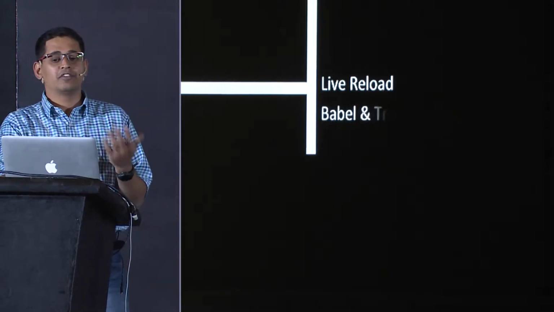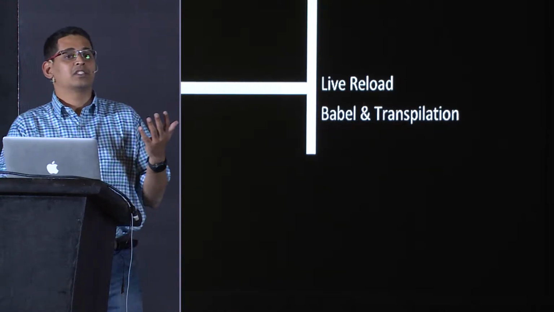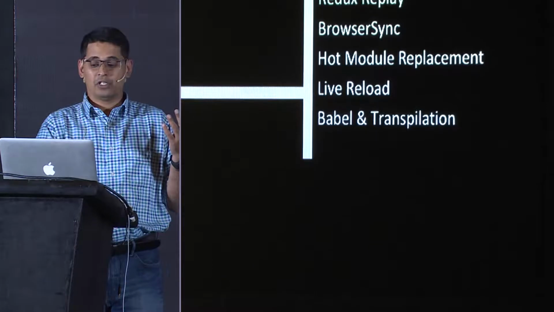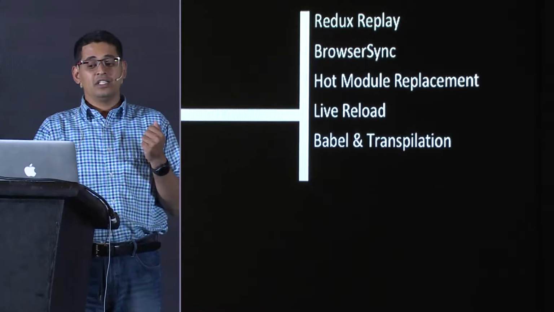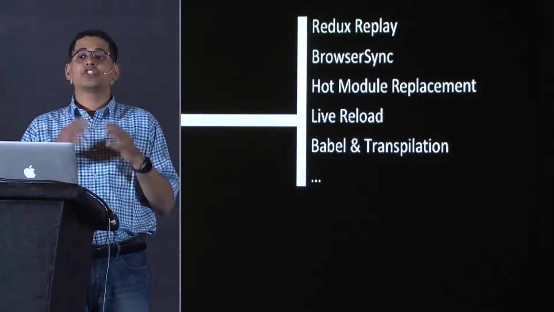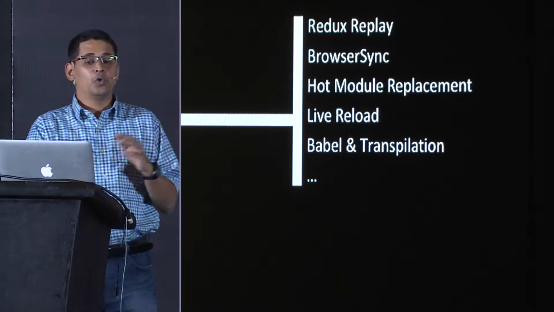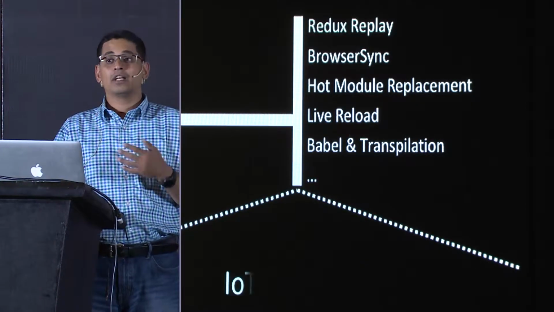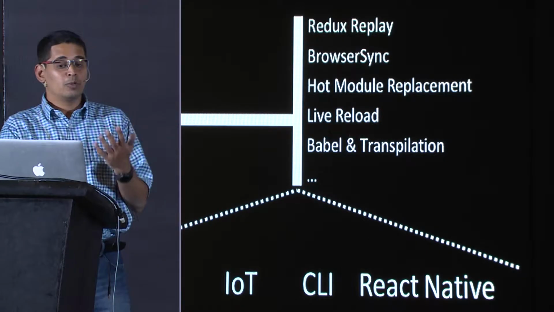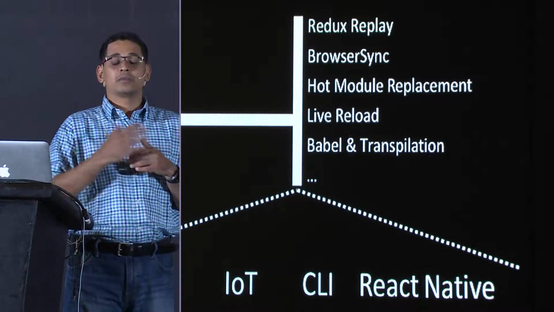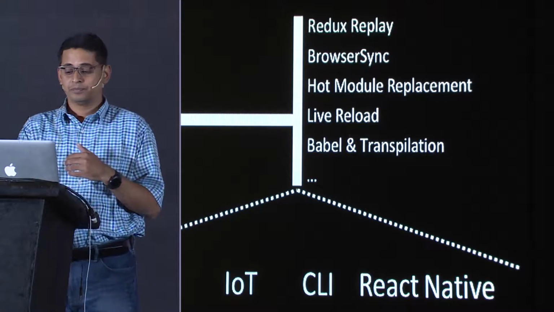Fast forward it all the way till today, and not only can you debug JavaScript, you have a bunch of other tools, things like live reload, and you write in TypeScript and ES6, and that does transpilation. You have hot module replacement. You have browser sync. You have Redux replay, a whole bunch of those things. And as a result, JavaScript has proliferated into a bunch of other contexts. They don't just run on the browser. And as Francesca was saying, it runs on systems like Node, systems like Internet of Things. You write command line applications with it. You put stuff on the mobile phone, and all of this runs with JavaScript, not because JavaScript is a fast language. It's probably because JavaScript has excellent developer tools.